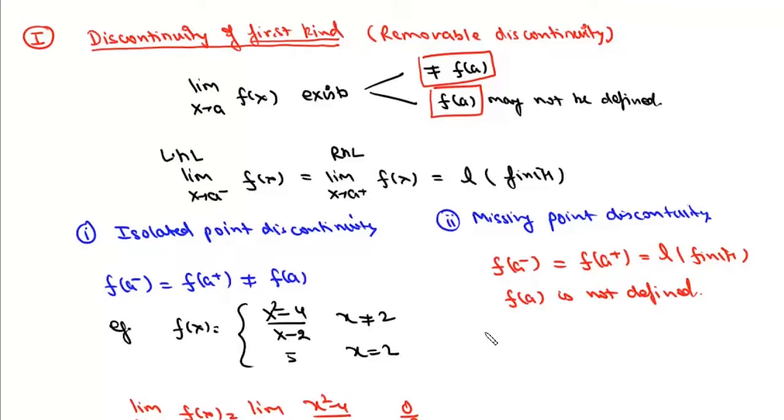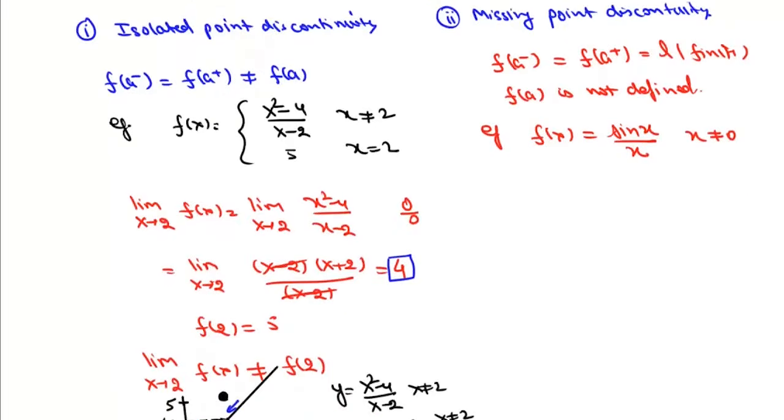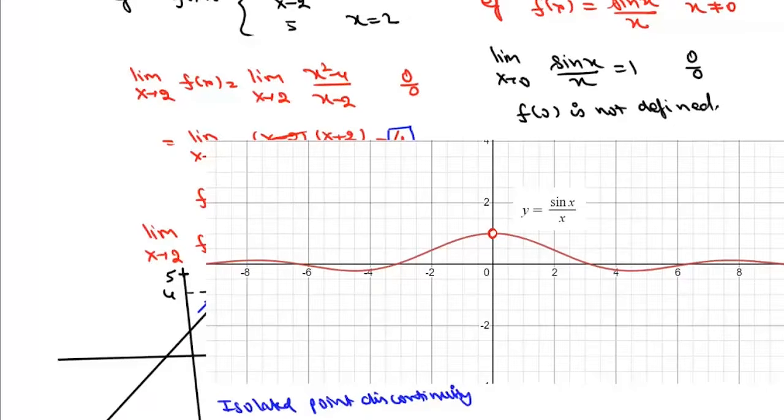Say for example, f(x) is sin x/x when x is unequal to 0. Now we discuss its continuity at x equal to 0. This limit x tends to 0, sin x/x, it is 0/0 form, which is standard limit. So value of this limit is 1, but at 0 this function is not defined. So in this case, f(0) is not defined. Now if we look at the graph of this function,